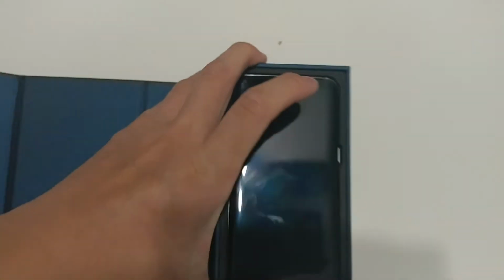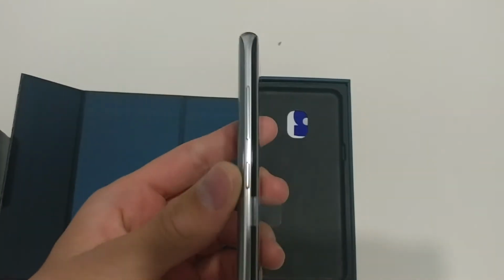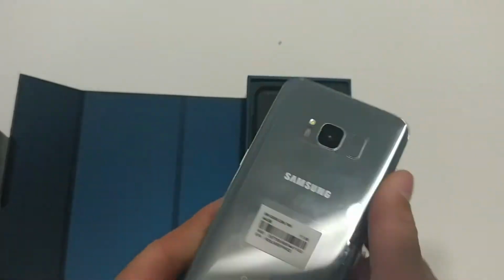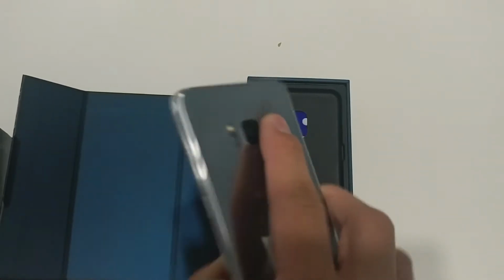But we'll open this up and we are greeted with this beauty, and this one is the Arctic silver one, and it's almost like a mirror. It's amazing looking. Fingerprint scanner, the famous fingerprint scanner. As I'm holding it,